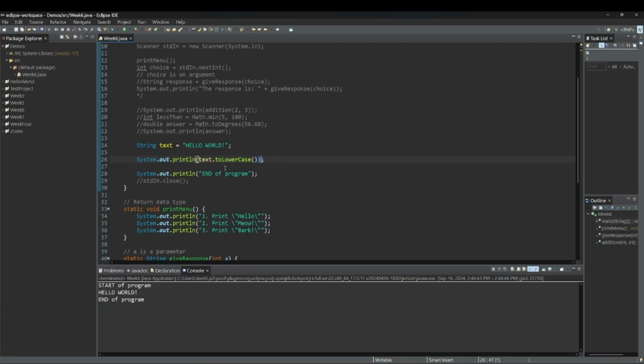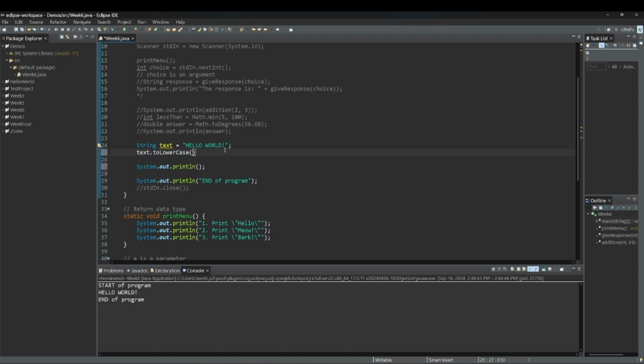So there we go. In our case, we had to say text dot, call the function, and it'll go ahead and get whatever's in text and do toLowerCase. And actually, we don't even have to return it like that. We could just, here, let me put this out here, and we just call text. So now if I run this,